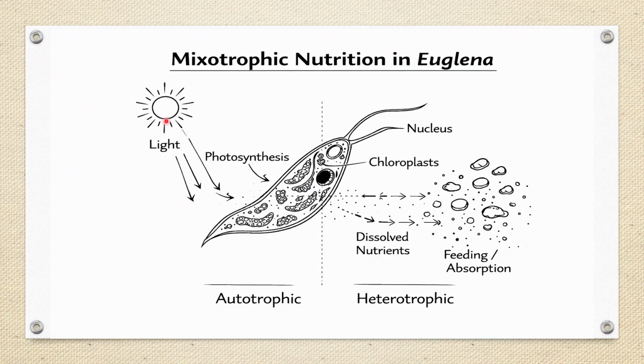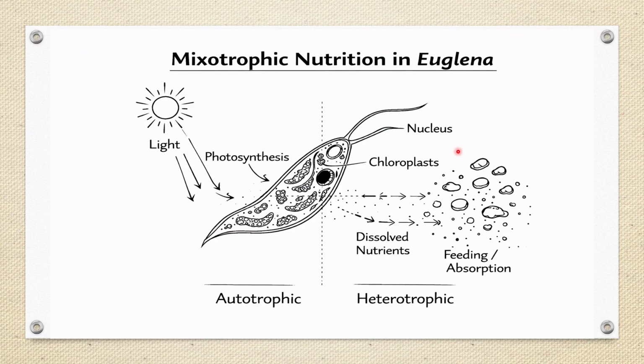When sunlight is available, it grabs this sunlight with the help of the chloroplast, and with the help of the photosynthesis process it prepares its own food. On the other hand, when sunlight is not available, if the conditions are unfavorable, then with the help of the flagella it grabs the food and it totally changes. The autotrophic mode is switched off. It changes into